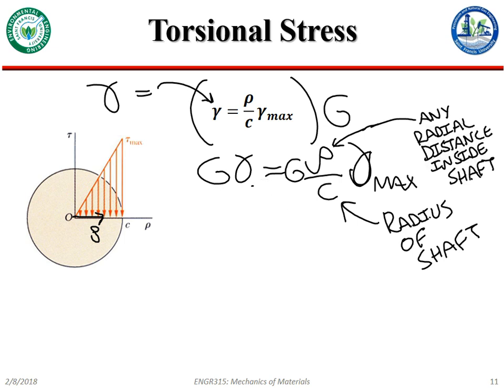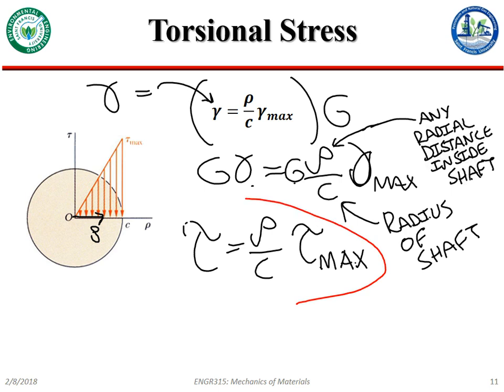So I can rewrite this as tau equals rho over C, and then if I group the modulus of rigidity and the maximum shear strain on this side, if that's my maximum strain, it's also going to be my maximum shear stress. So I can grab this and say, hey, look. Now I can say that for any radius, my